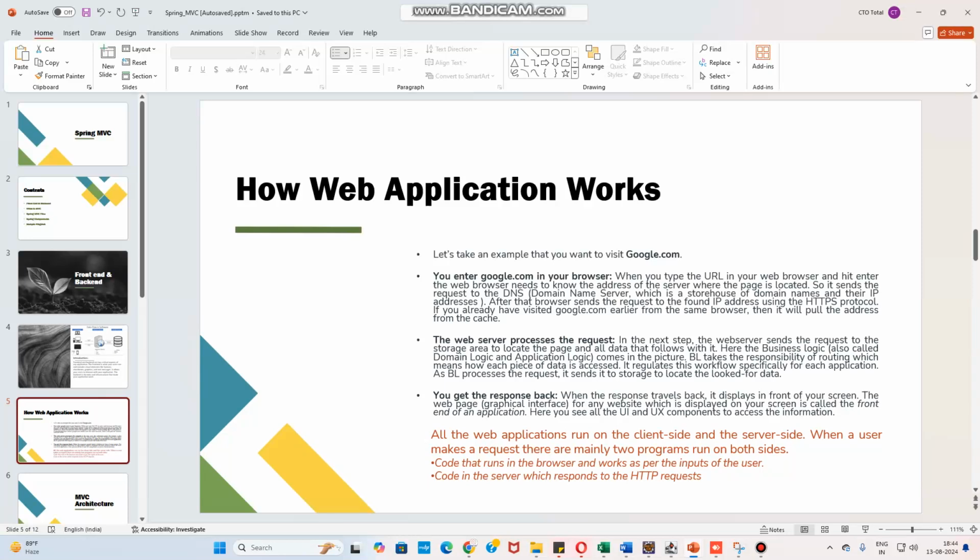Then it depicts how the user interaction for an internet page will work. Let's say you enter google.com in the browser. The browser first needs to know the address of Google where the page is actually located. So whenever you type google.com, the browser goes and checks the DNS server. Say in your mobile, you have a name directory and you search with phone numbers and you get the names. Similarly,